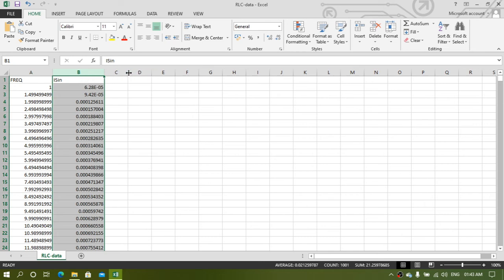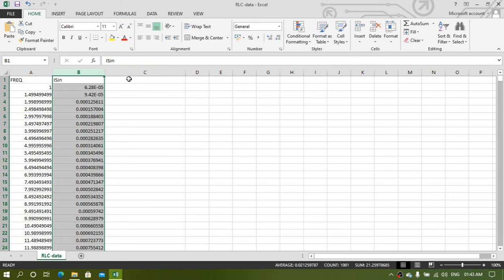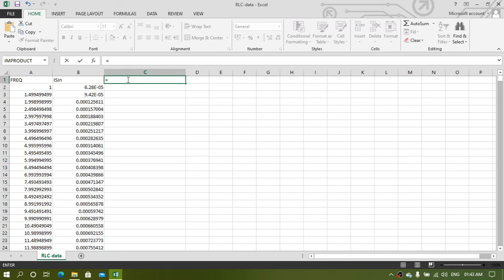So in C column you will have to put a formula in this way: equals to this one, this cell is your B2, and then put a multiplication operator, and put your input voltage value, which is 141.421, or 42, you can say 141.42. Now enter. So you will get a peak current value.